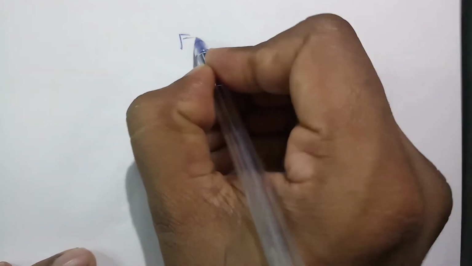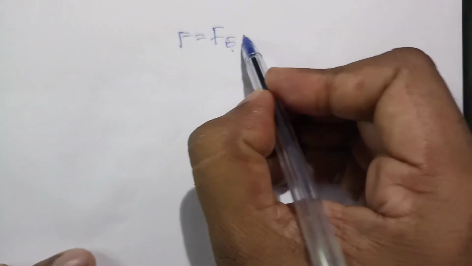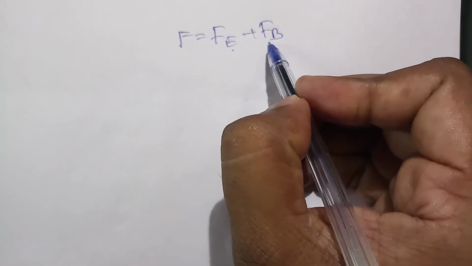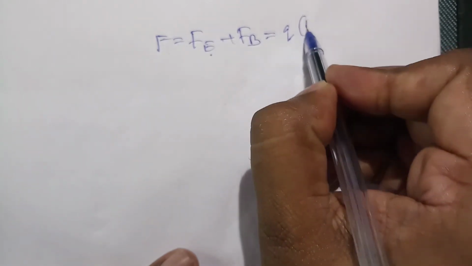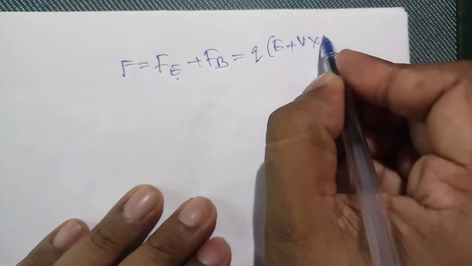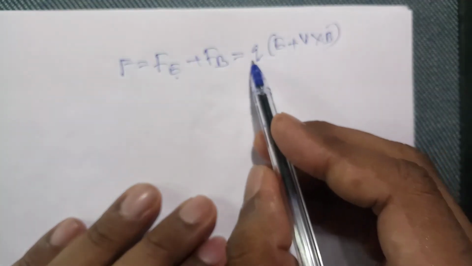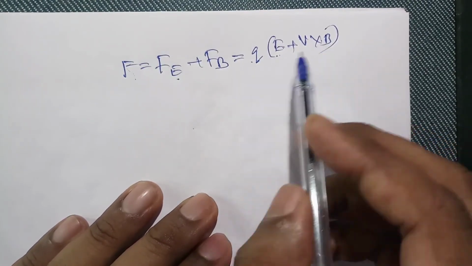Let us think about a charged particle which is moving in the combined field. The total force acting on the charged particle, as we already discussed, is two forces: Fe, due to the electrostatic or electric field, and Fb, due to the magnetic field. The total, for which we already wrote the equation, is q into (E plus v cross B). That is, qE is one force, the electric force, and q v cross B is the other one. So we can combine them like this.